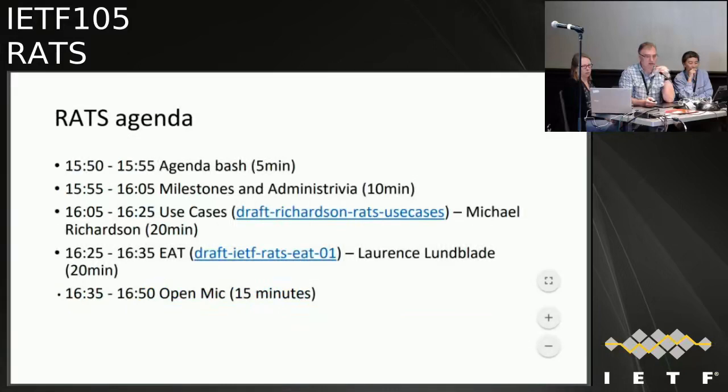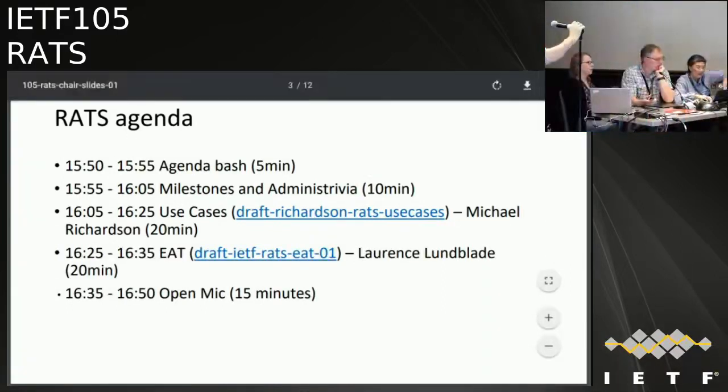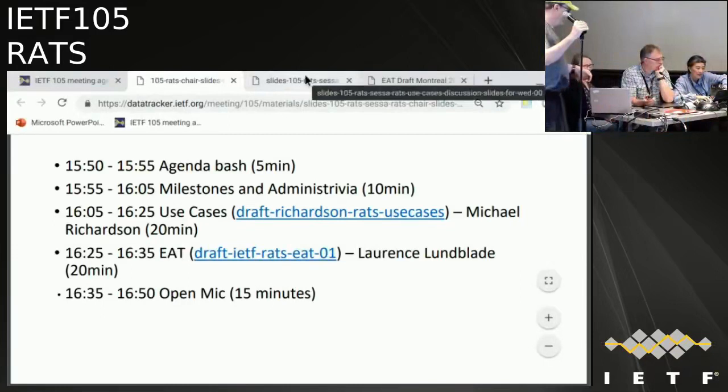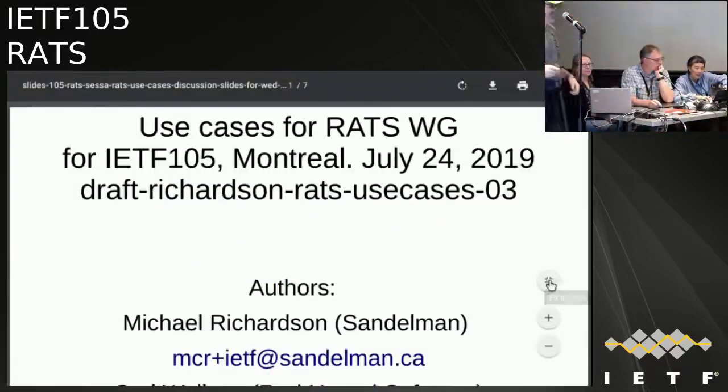All right, the next up is 20 minutes for use cases, with Michael Richardson. Do you have to swap out the slides? Do you have his in here? That's me. There's too many of us up here. We need some kind of chair task allocation.